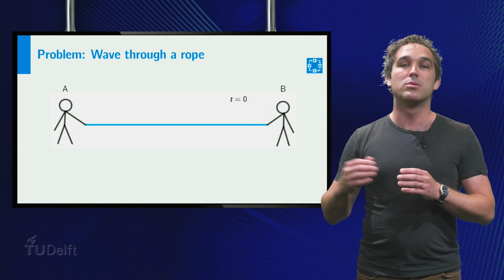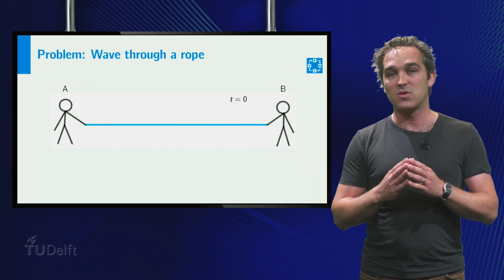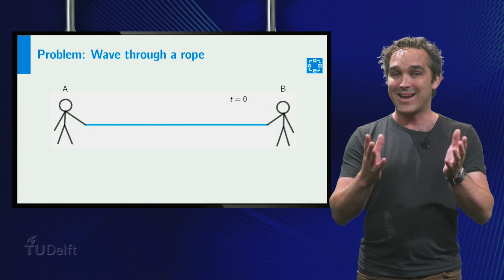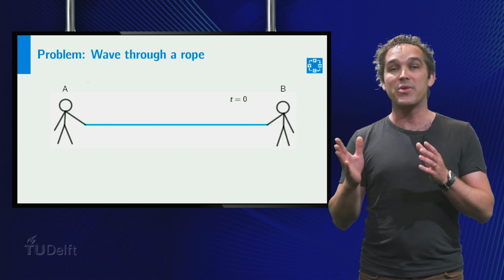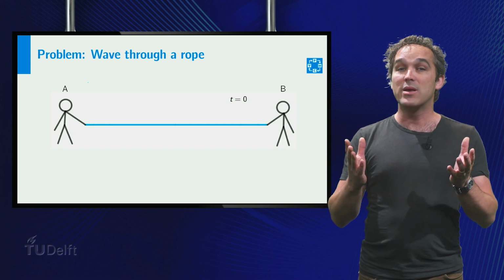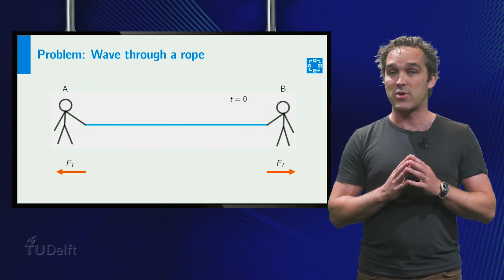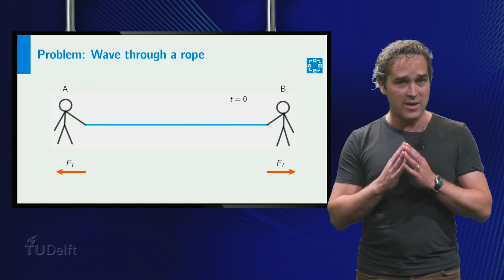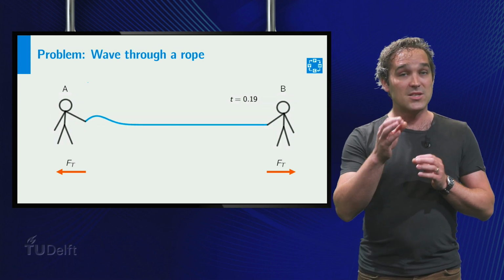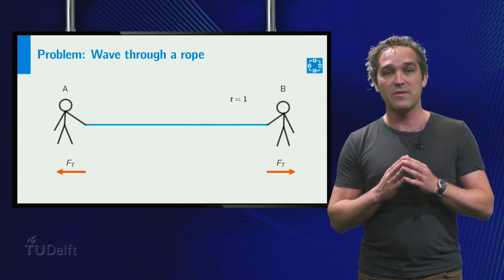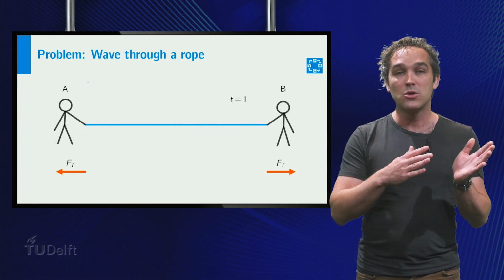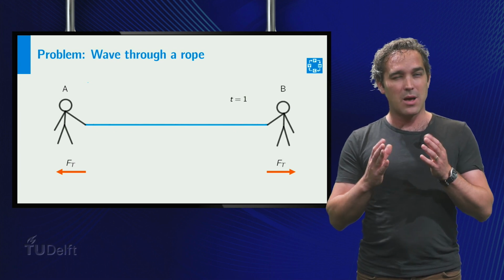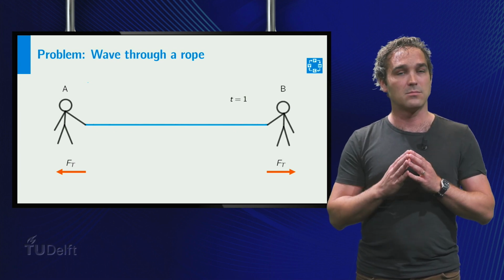Here are Alice and Bob. They want to understand the mathematics of waves and decide to conduct an experiment using a rope. Alice and Bob hold the rope on both ends and keep it stretched tightly, pulling it with a force Ft in opposite directions. Suddenly, Alice decides to shake the rope while maintaining the tension. As a result, a short wave is excited, which quickly propagates from Alice towards Bob. And now the question Alice and Bob would like to answer is how to mathematically model this wave.